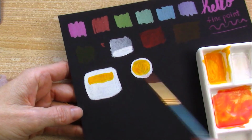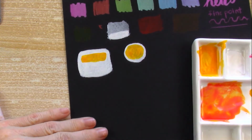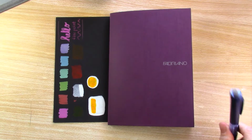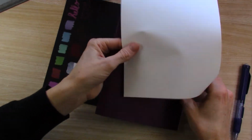You can see all the texture of the white behind it and the black showing through the white, but that might work. Alright, I have a plan. Do you? So this paper, the black watercolor paper, is so precious. I didn't want to waste any of it, and I had the whole bottom part of the sheet left, and